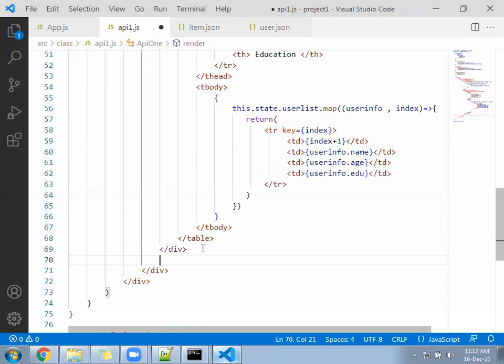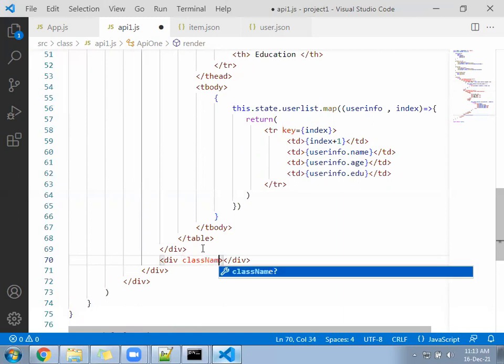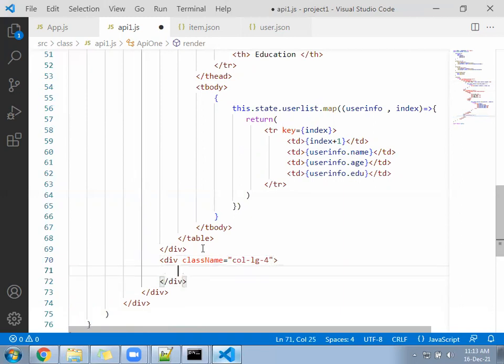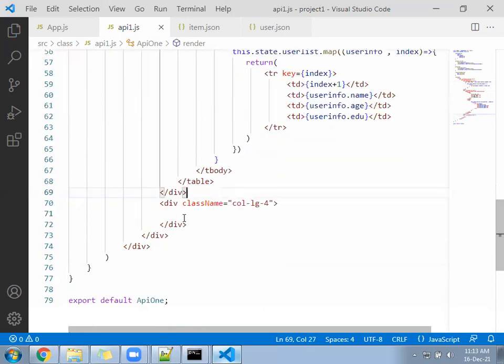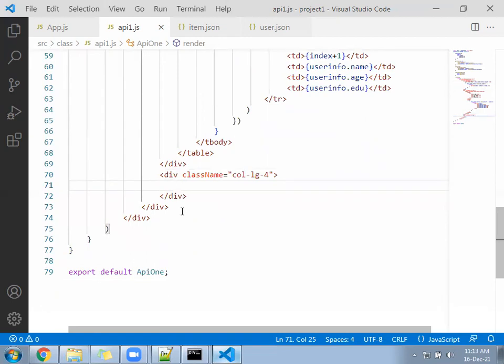Div, className equal to col-lg-4. Okay. So in this 4 you are going to write.